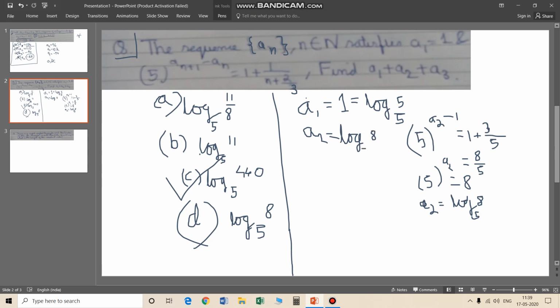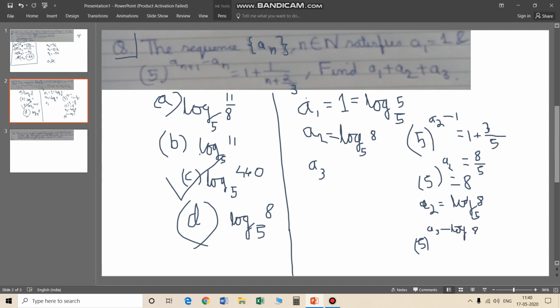Base 5. Checking option 3. Checking option 3, not, sorry, my fault. Checking A3. Same process continues. 5 to the power A3 minus log